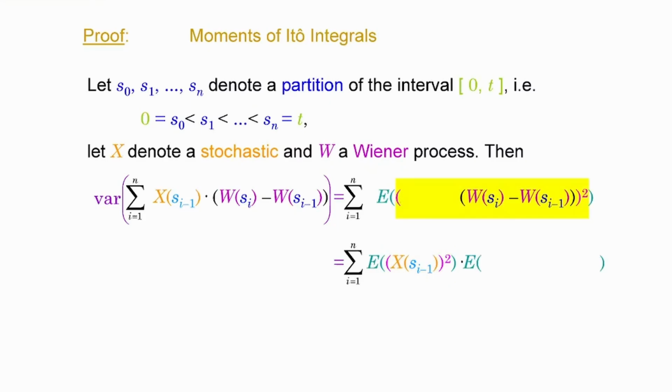And then you have the expectation of the square of the increments, which is actually the variance of the increments of the Wiener process. And you already know what the variance of the increments of the Wiener process is, but again, I will address this later on. This needs to be finite. Why? Because otherwise you would not get convergence for the variance.